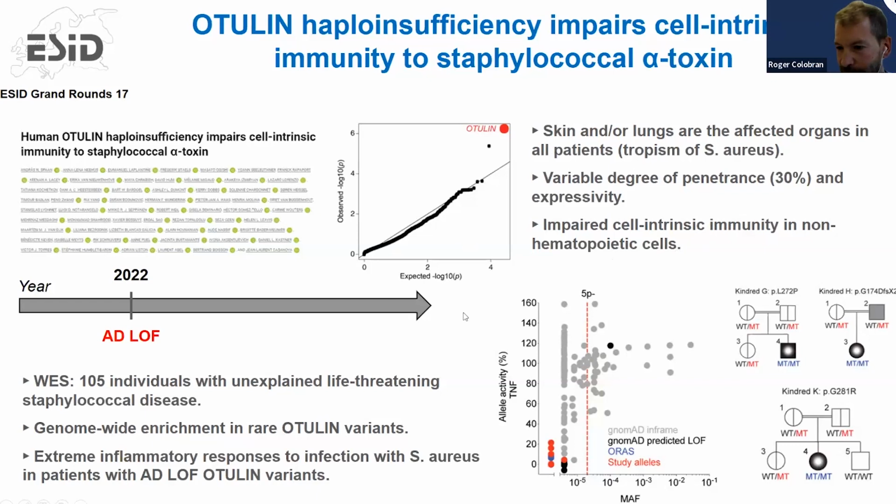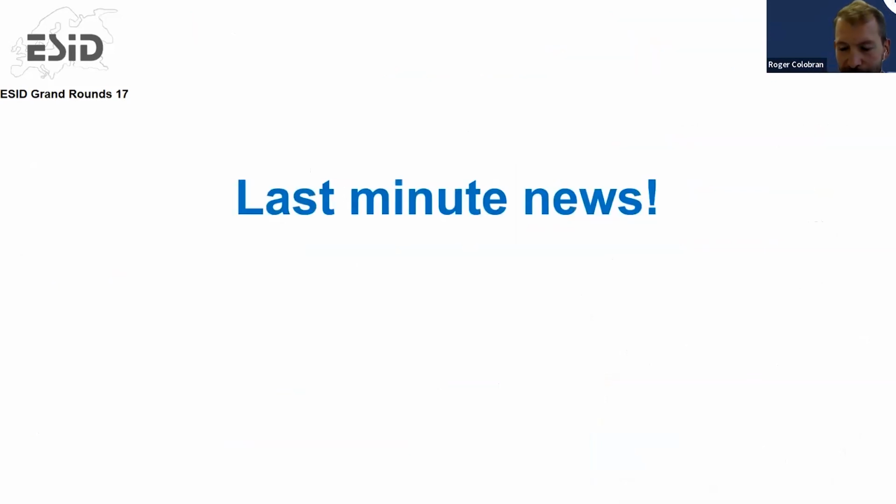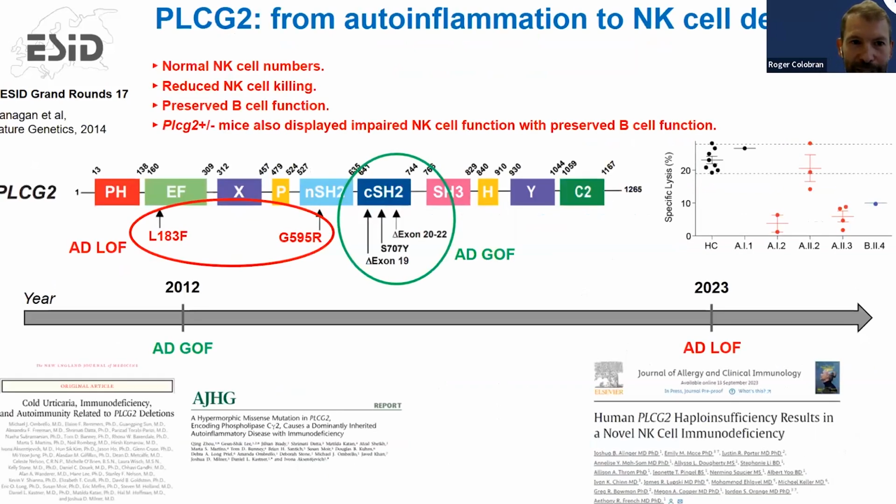And before ending, when I was preparing this presentation this weekend, I found another nice example published only 3 days ago that is related with PLCG2, that was a gene clearly described in 2012 as causing an autoinflammatory disorder, or at least 2 autoinflammatory disorders called PLAID or APLAID, due to gain of function mutations located in this protein domain. And just on September 13, so 3 or 4 days ago,